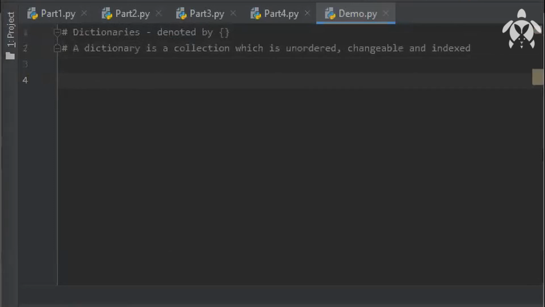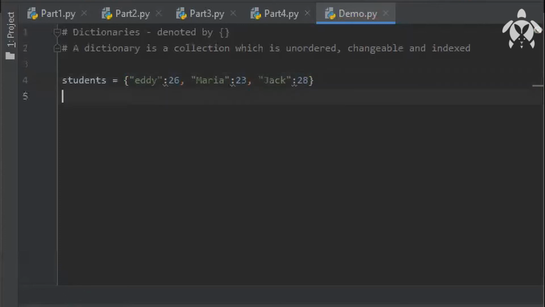Let me give you an example. Suppose I have a variable student. In curly brackets you have a name, ID, with 26 years old, and you have Maria, who is 23 years old, and this is Jack, who is 28 years old.